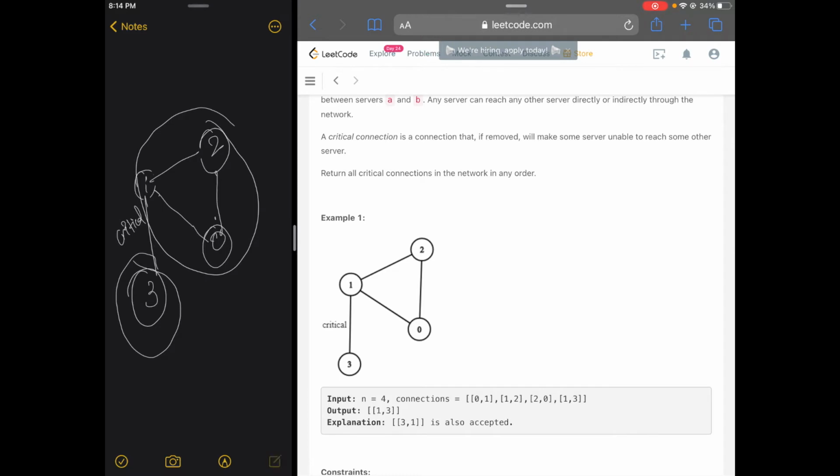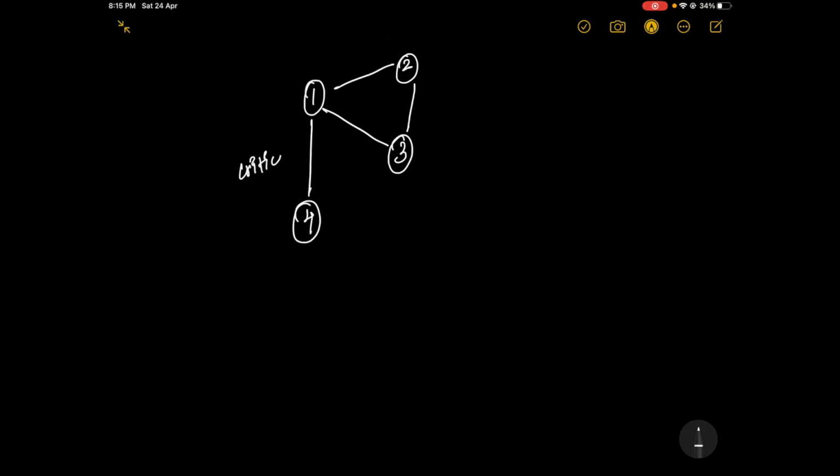For that, I'll make a new graph similar to the one that we have here. So we have 1, we have 2, we have 3, and then let's call it 4. In this graph we can see that the critical connection is this one only, right? Because this is the example that I took just now.